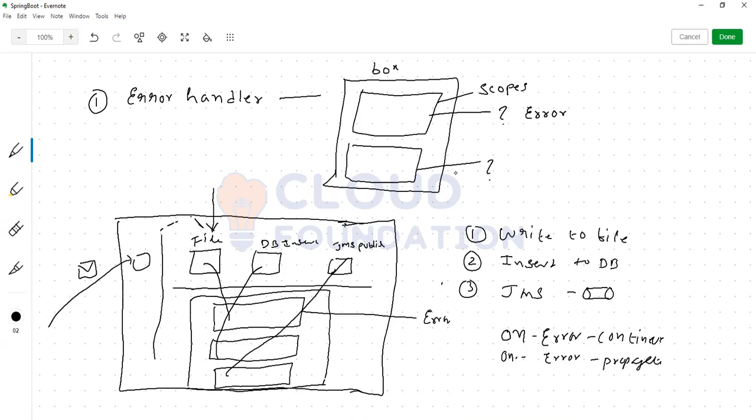Usually what happens if an error occurs, it will throw back, right? Can you see the last part? I understand the on error continue. The second one is on error propagate, right? Propagate means if an error occurs, it stops the execution. Both ways you can stop, but